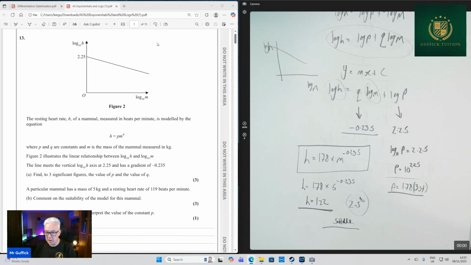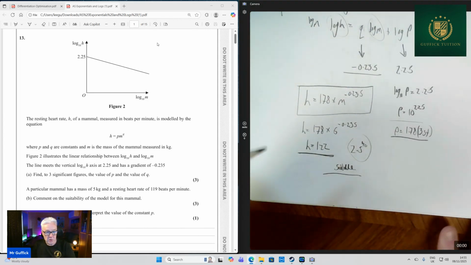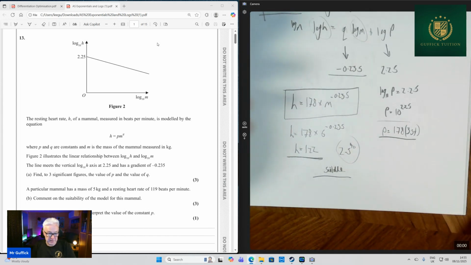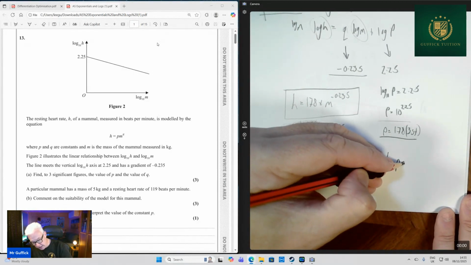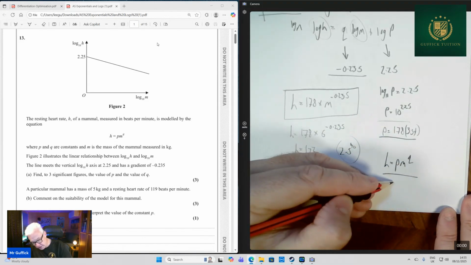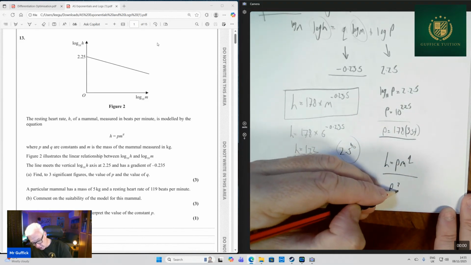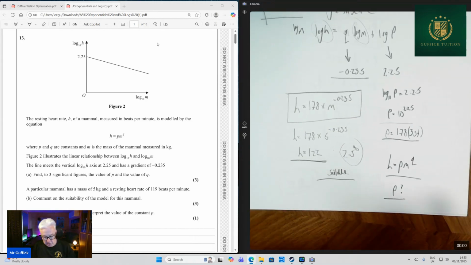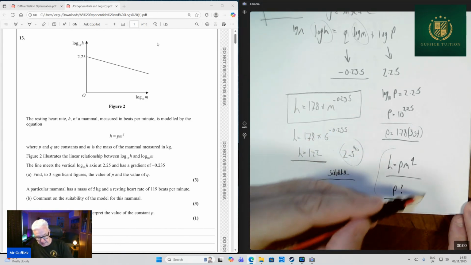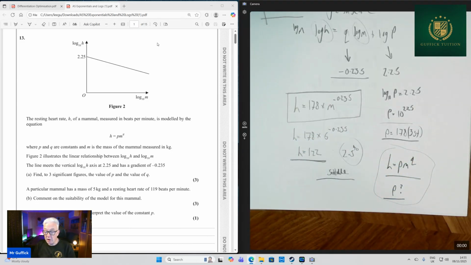interpret the value of the constant p. In my experience, when I'm teaching this, most people do not know this unless they've seen a question of this type before. So the model is h equals p m to the q. And the question's asking us, what on earth is the significance of p? And the answer to that question is, if you imagine you've got a mammal that has a mass of 1